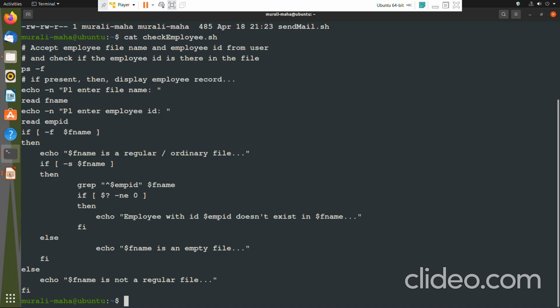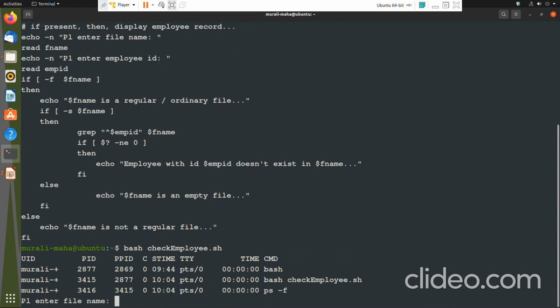So one way of executing shell script, I told you, is by explicitly specifying the shell process command like bash or ksh or sh. bash check_employee.sh displays the output of the ps command because whatever we have coded would execute accordingly.